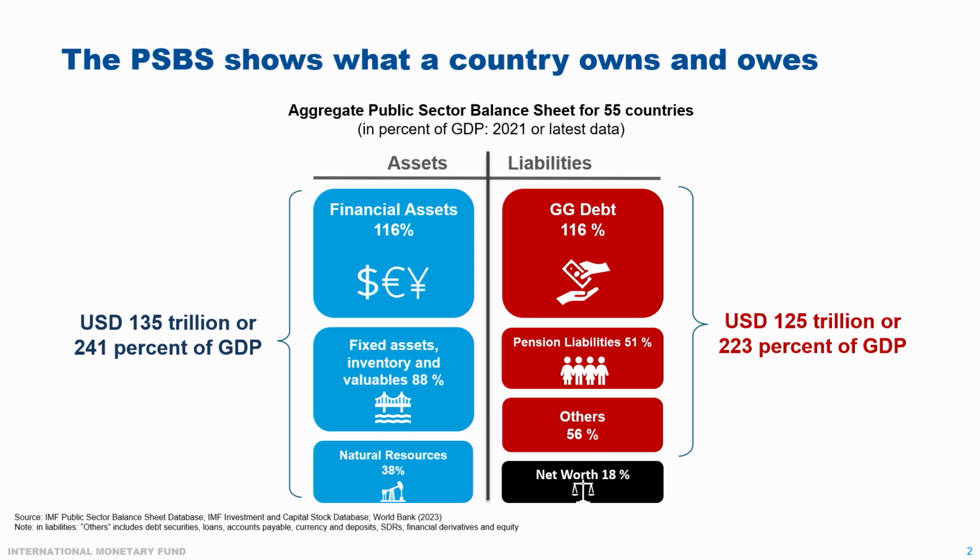They're contractual. The asset side is even larger, looking at 135 trillion US or 240% of GDP. Financial assets are the biggest chunk of that. Cash at the bank, sovereign wealth funds, pension funds, and loans that the state grants. Public capital stock is another major part. That's the infrastructure, bridges, hospitals, etc. And then you've got natural resource assets, the subsoil assets that are under the ground. They're not something to be ignored in cases like Norway or Saudi Arabia or Qatar, for instance.